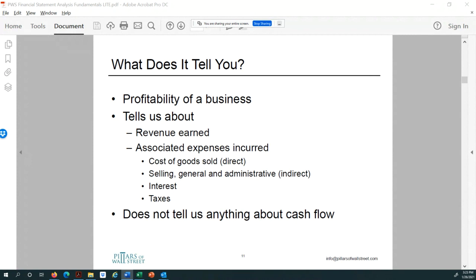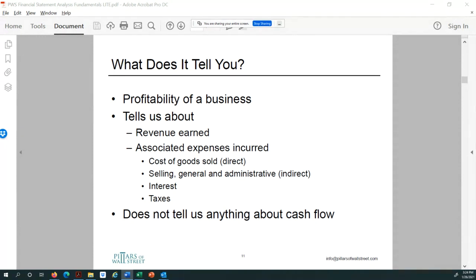Interest expense, that represents the cost of debt financing. If you're using debt financing, but if you don't have any debt, then you won't have interest. By definition, what is debt? It's any interest-bearing liability, and we'll get to this later on. But debt, by definition, is any interest-bearing liability. Taxes, that just represents the income tax expense a company has incurred on its pre-tax income. Right, just as individuals incur and pay income taxes, right, to the IRS, to the tax authorities, companies have to